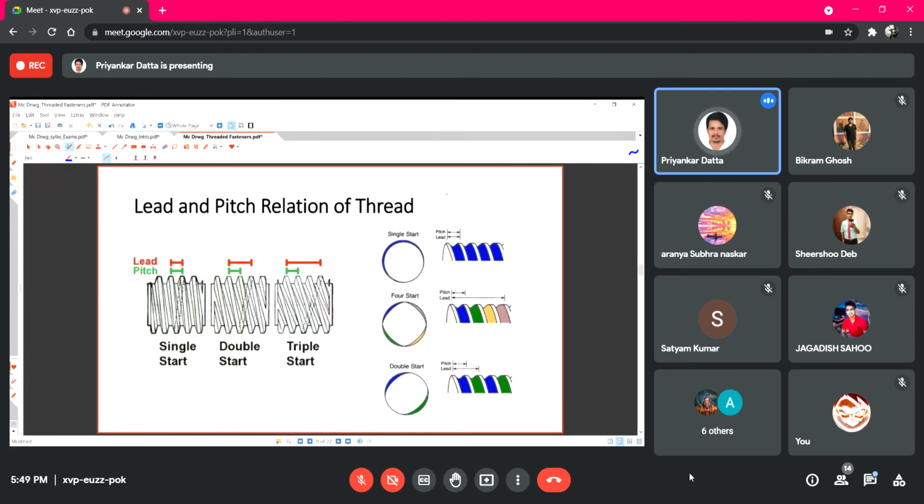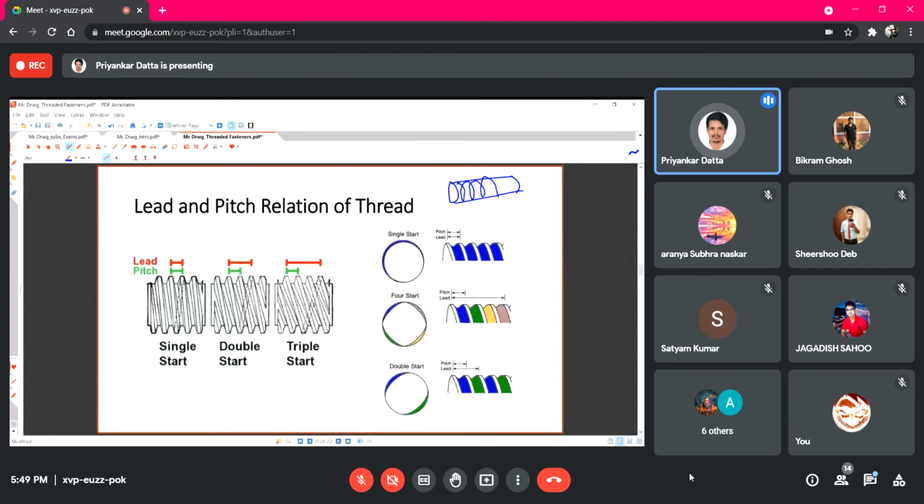Now if you have one cylindrical component, on that you can cut a thread using one helical shape, right? Actually these threads are in helical form in this manner. So when you start from here and move along this helical line, slowly you will go along this line.